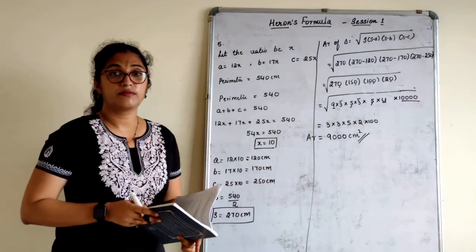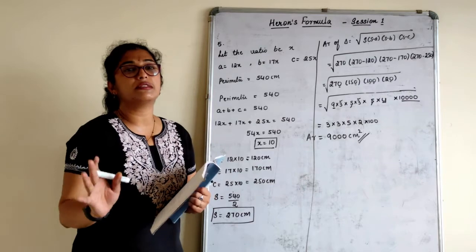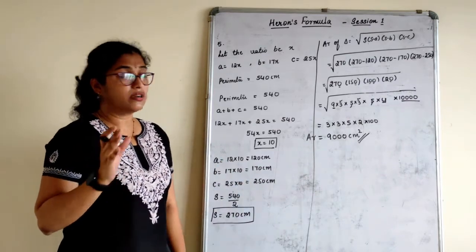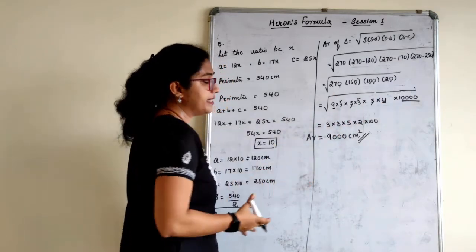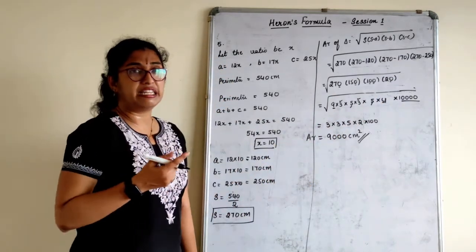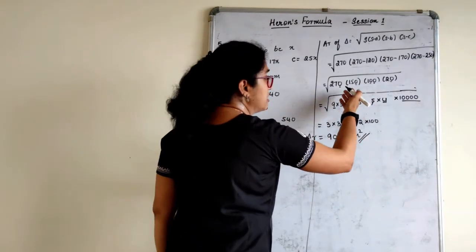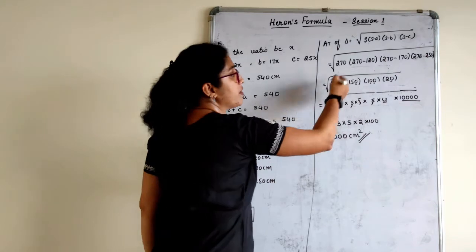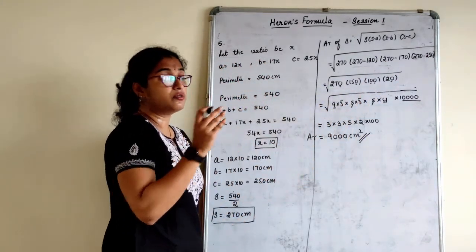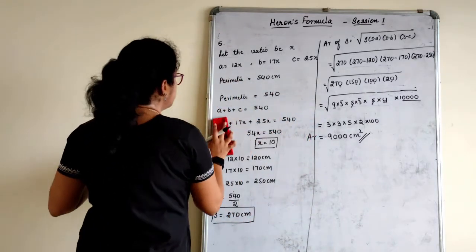Area. The only thing here is you should learn to split the terms into simple terms, because usually you have a square root. If not, only one term will remain inside. In that form you have to write. Very clear how I have written? You have your own techniques, children, in writing this. I have chosen this, you need not stick to it. You can use your own technique in simplifying and breaking the terms into simpler terms. And the last sum.